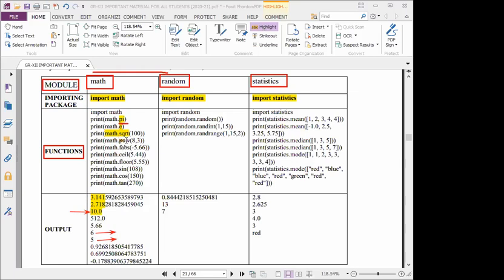that is the math dot power function, 8 comma 3, as given in the example, that is 8 power 3. Students understood? 8 power 3 means what is the answer? 512. You should use the decimal value also, 512.0. What is the answer for 2 power 4? 2 comma 4. 16.0. Yes, very good.